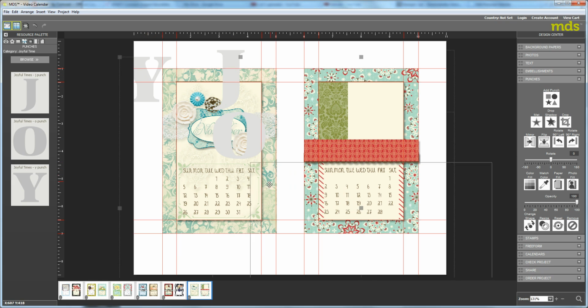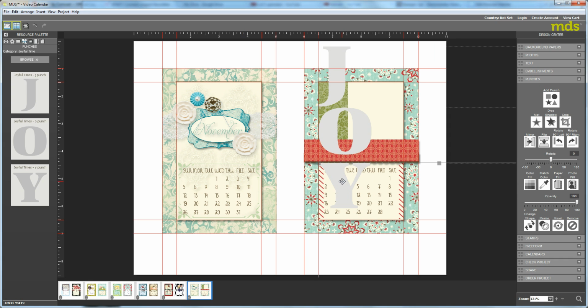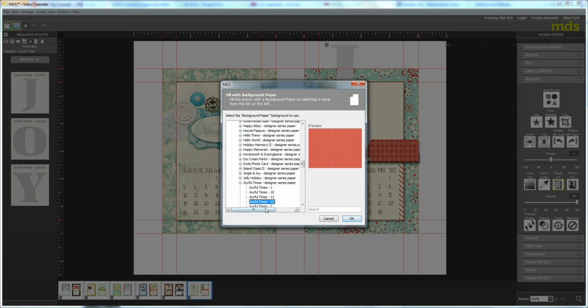Hopefully you can see what I'm doing here. I'm just dragging all three of them in. Here, let me put them over the December so you can see them better. I didn't resize any of them at this point, because it's a lot easier. They all come out the same size when you first put them in, so it's easier to line them up. Then I'm going to move this J over a little bit. I tried to align these using the align tool, and it really didn't work. I think it has something to do with the way they're placed inside these huge spaces. Anyway, the best thing is just to eyeball it, and then go over each one individually and paper fill it. So for the J, we want